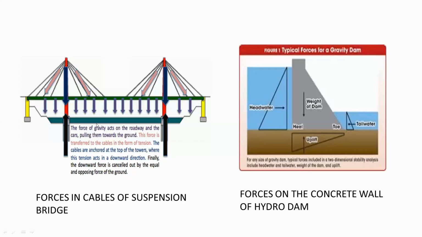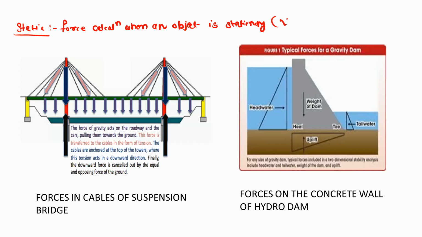Here you can see the examples for statics, where we can use statics. Statics is nothing but just a force calculation when an object is stationary. That means the velocity of the object will be zero. So this is also called a rest condition. So in the first example,